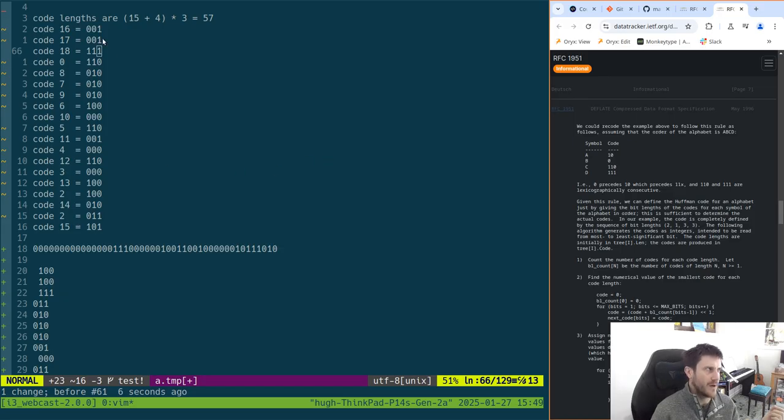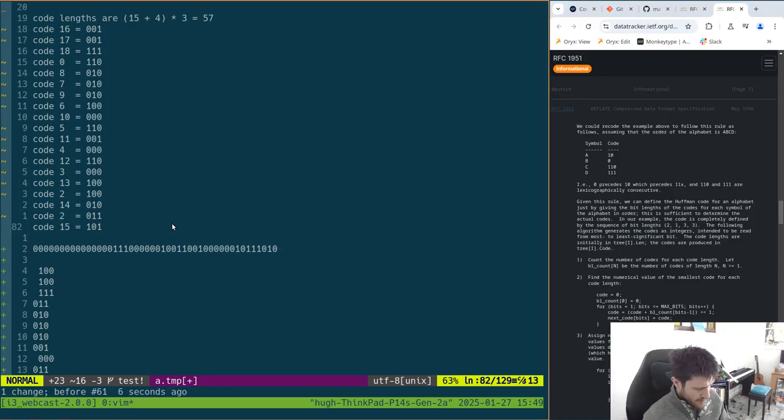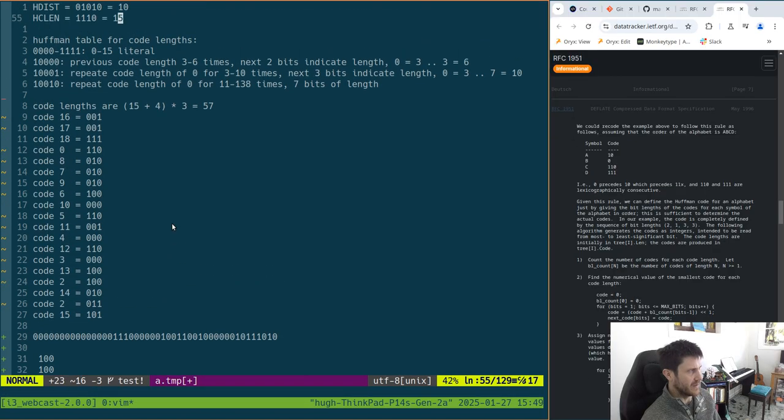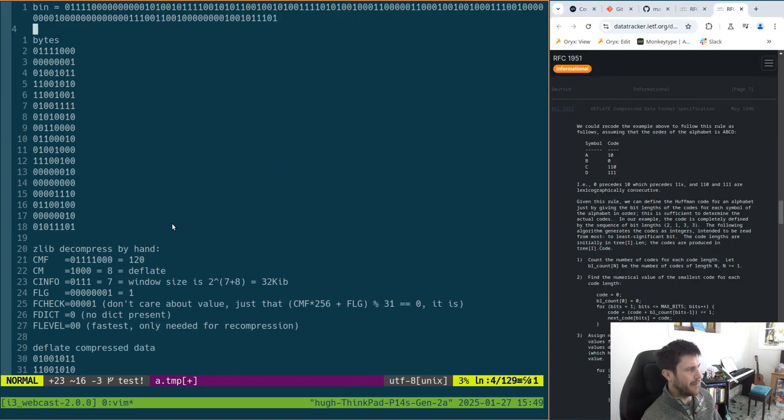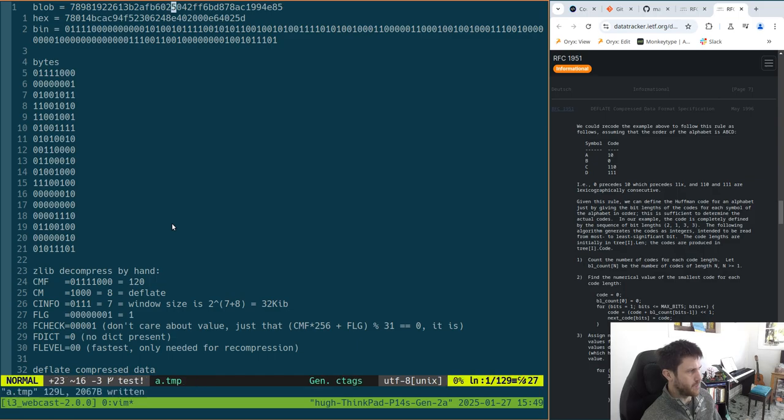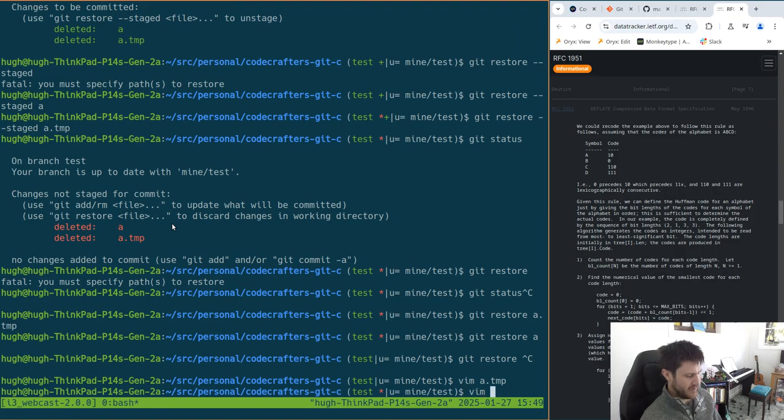So we can do this. I'm wondering whether I start constructing this a little different. Maybe if I do